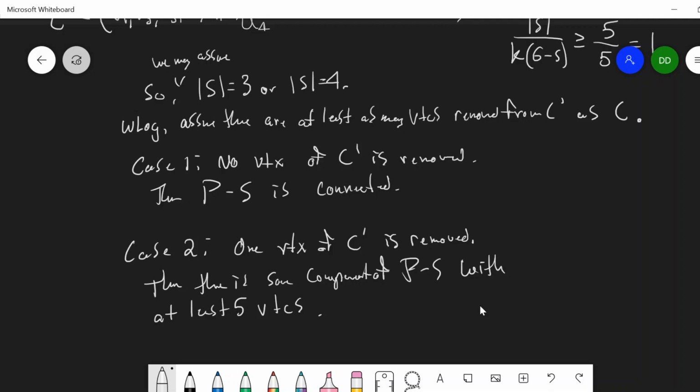Okay, so let's see. What does that tell me? Well, we took a graph of order 10. Remember, the Petersen graph has order 10. And let's say we removed three vertices. If we remove 3 vertices, that means we would have 8 vertices left. One of the components has order at least 5. So that would mean there would be at most